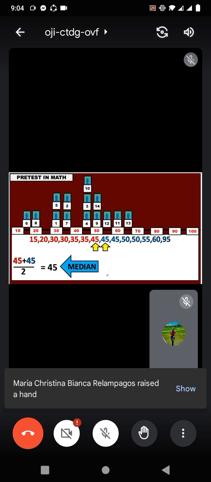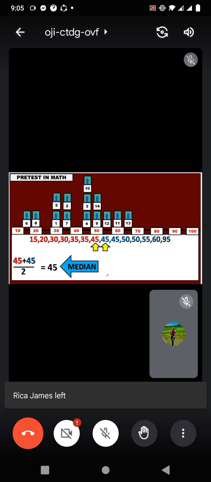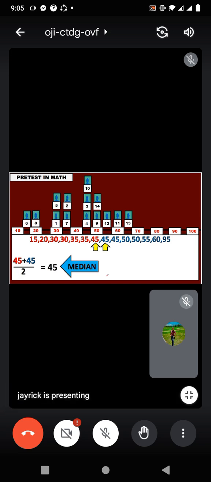It's 45 still because, take note, we can conclude from this data set that sometimes, with the presence of an outlier, which is 95, it cannot affect the median value. Have you realized this? From 65 to 95, our median value is still 45. Am I making myself clear from this projected screen? Yes, sir. Very good.